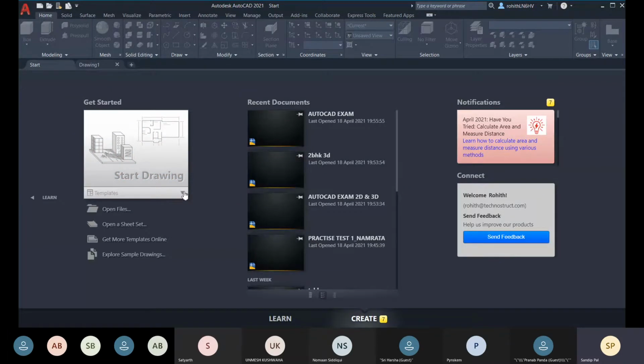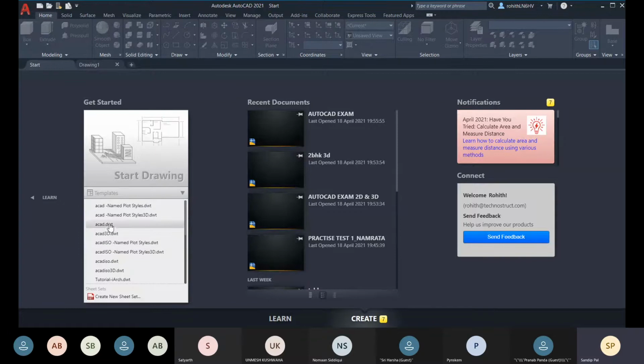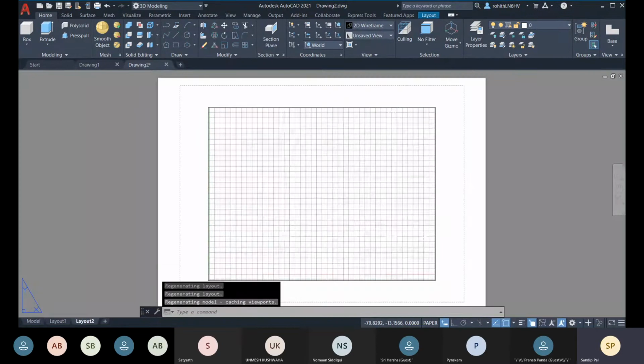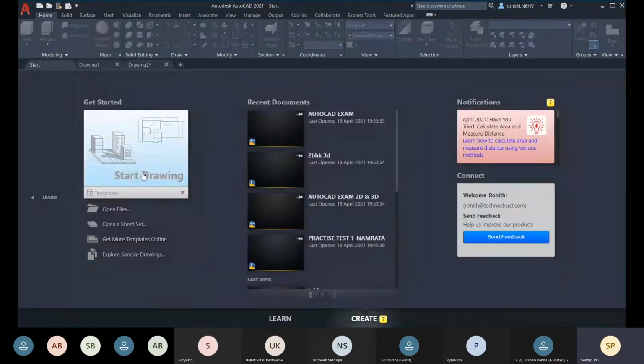You click on this drop down arrow, and there you will find a list of template files. So we all have the template files. So you can choose from the list. Right now you can see that acad.dwt is the default one. So it can be set as the default, and it can be set as per the user requirement. So suppose you are choosing this one, and as per that you will have a drawing file. So let me select this, and when I click on this, I have this one, which has some particular settings. So now let me tell you about what is called template file.